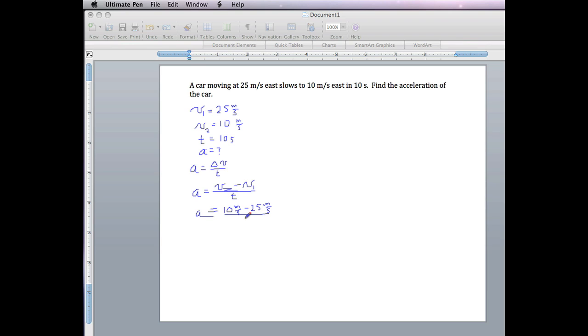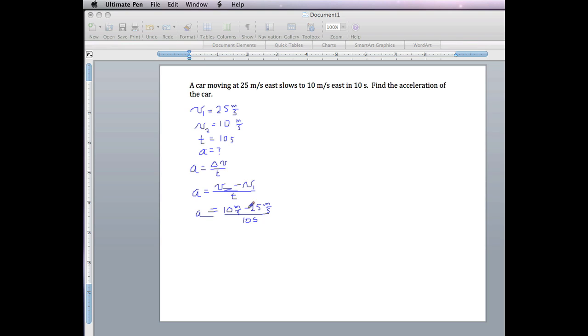And that's all over the time of 10 seconds. Notice that it's important to plug in the right numbers in the right order. The final velocity, v sub 2, is plugged in first, and the initial velocity, v sub 1, is plugged in